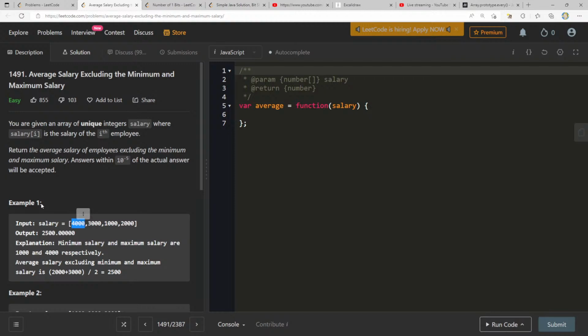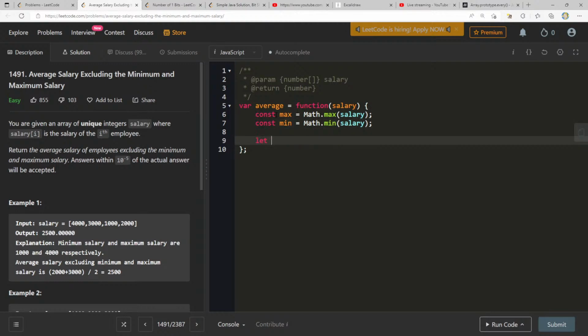I feel like we can just do const max equals Math.max of salary, const min equals Math.min of salary. Let sum equals 0, for const s of salary.